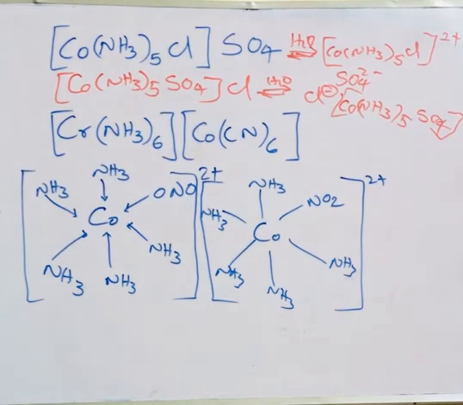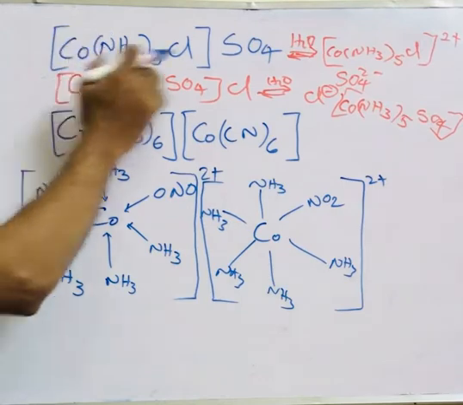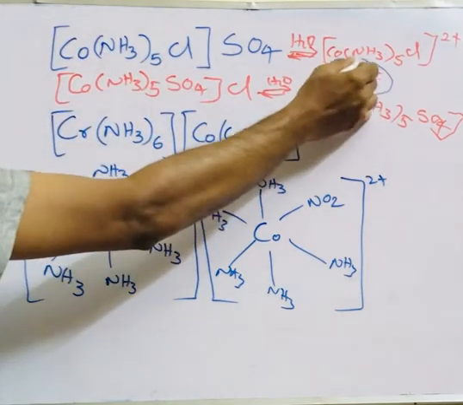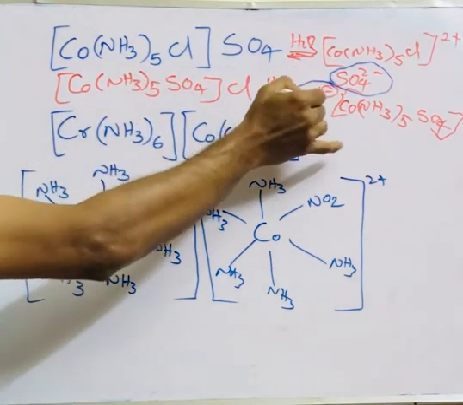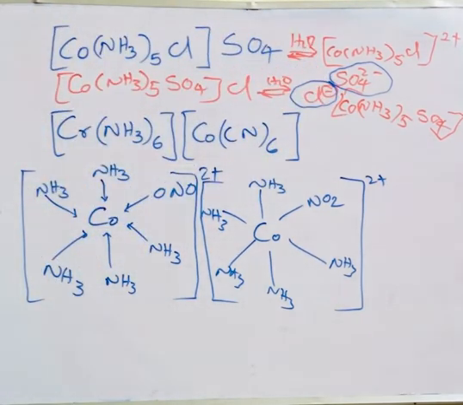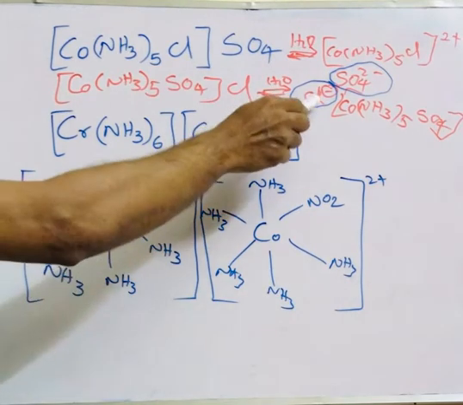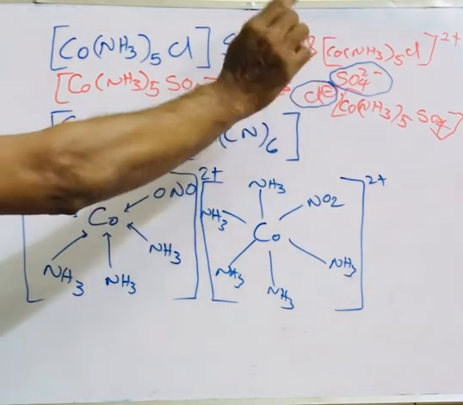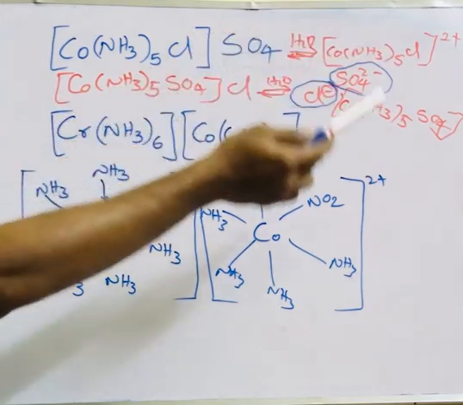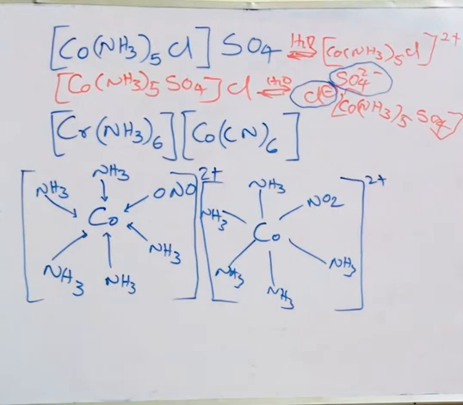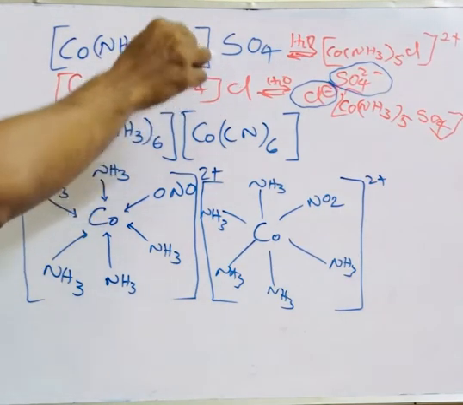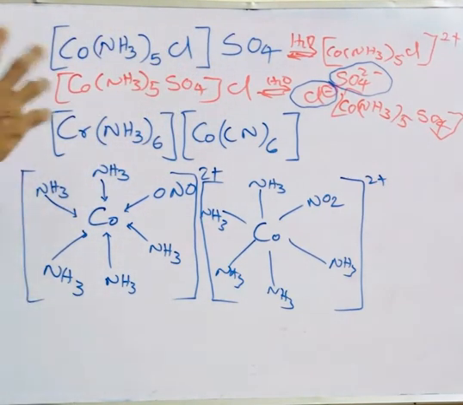So now if you can see, two different ions are formed here. In this case I got sulfate ion. If I do a test for sulfate ion I can find out. In this case I can get the test for chloride ion. That means here you can only find out the chloride freely coming into the solution, but there sulfate. So in both cases the ionization is different because ionization gives different types of ions. So these two are called ionization isomers and the phenomenon is called ionization isomerism.